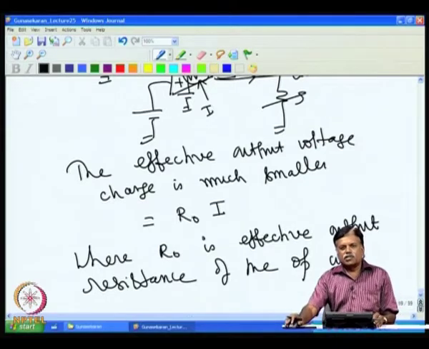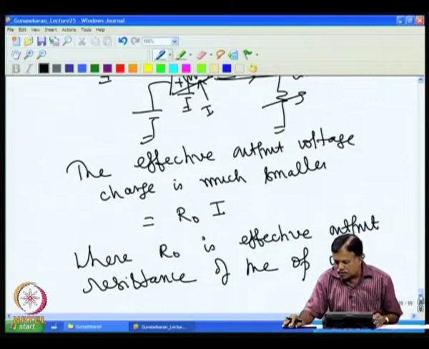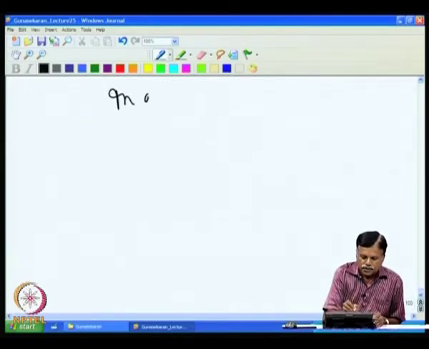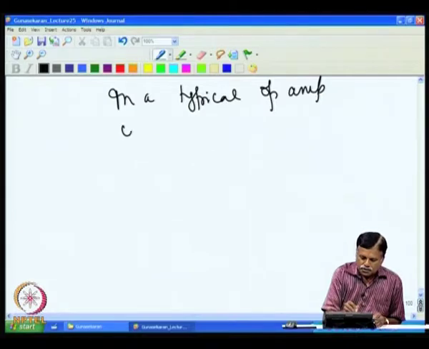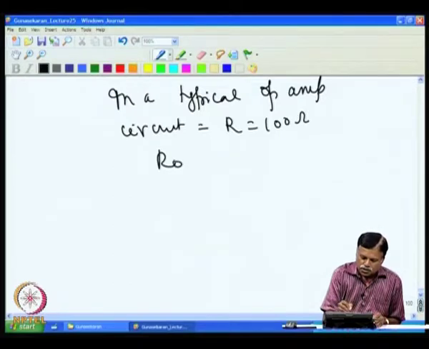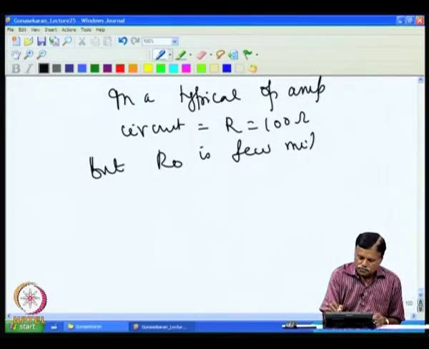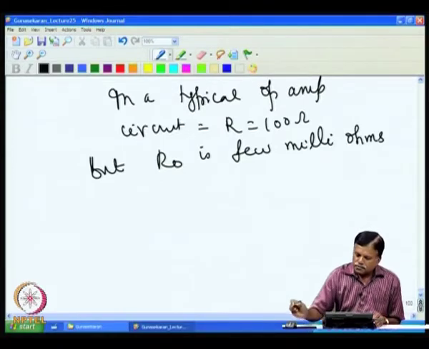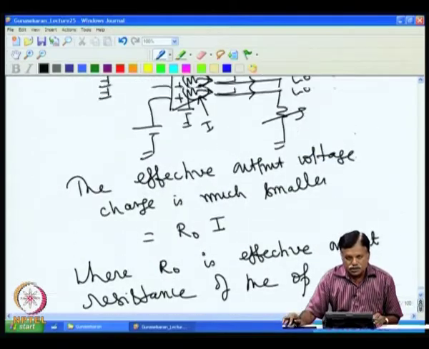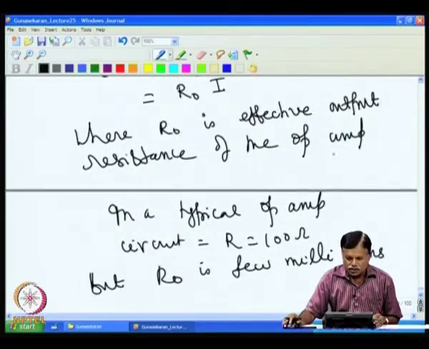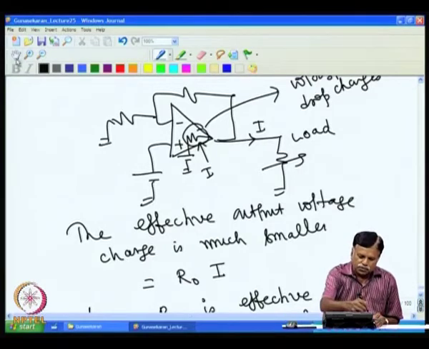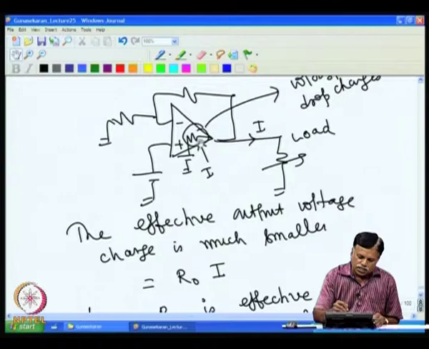Where R0 is much smaller than R. For example, in a typical op amp circuit, R is actually equal to around 100 ohms, but R0 is a few milliohms. So, this computation is not difficult, that we can really do that, assuming that the current I is the output current. Then if I is the output current, then I can find out what is the voltage drop here,